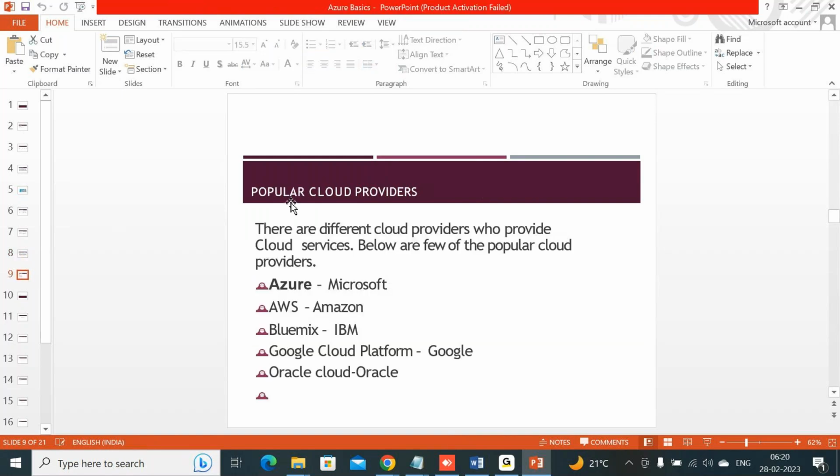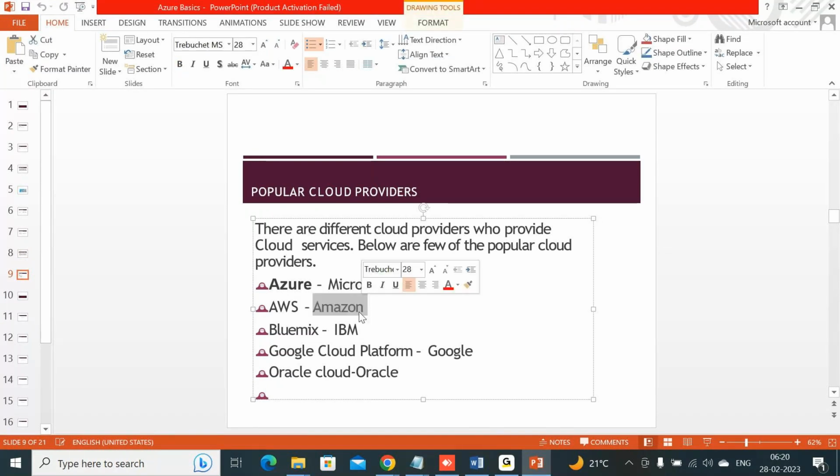Now, the popular cloud providers. We have Azure from Microsoft, Amazon, Bluemix from IBM, Google Cloud from GCP, and Oracle Cloud. Any other cloud missing?